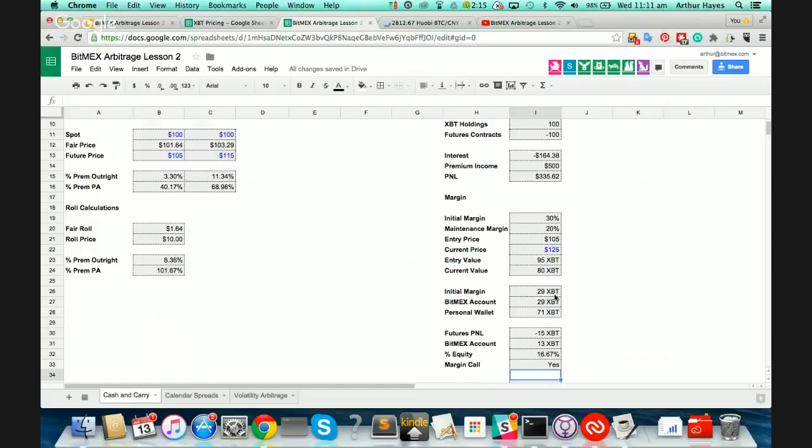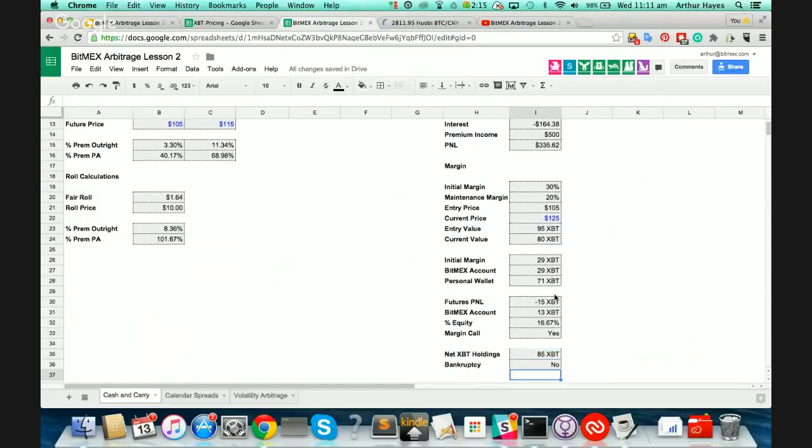Now, one of the best facets of these inverse contracts when it comes to cash and carry arbitrage is, let's say that you placed all of your Bitcoin in your BitMEX account versus your futures contracts. So now you have 100 Bitcoin in your BitMEX account, nothing in your personal wallet. Now let's assume that the price goes to 1,000. You see here, even if the price goes up and up and up, and you're losing more and more Bitcoin